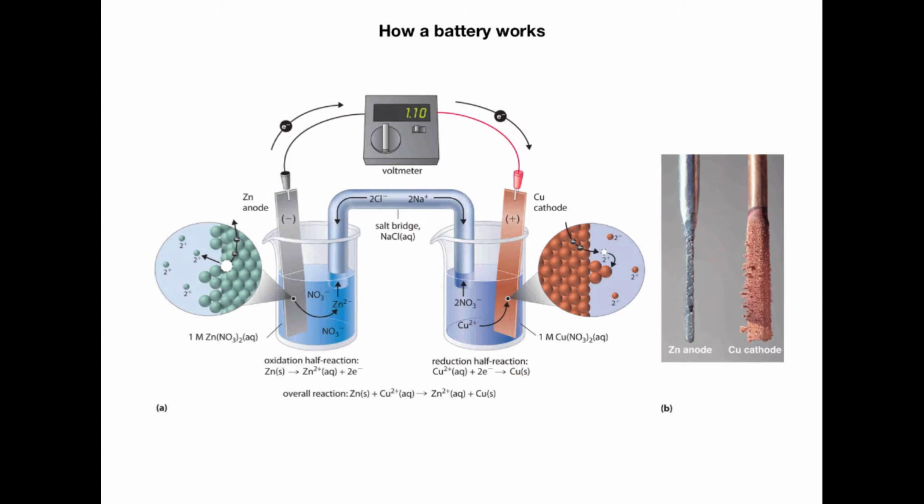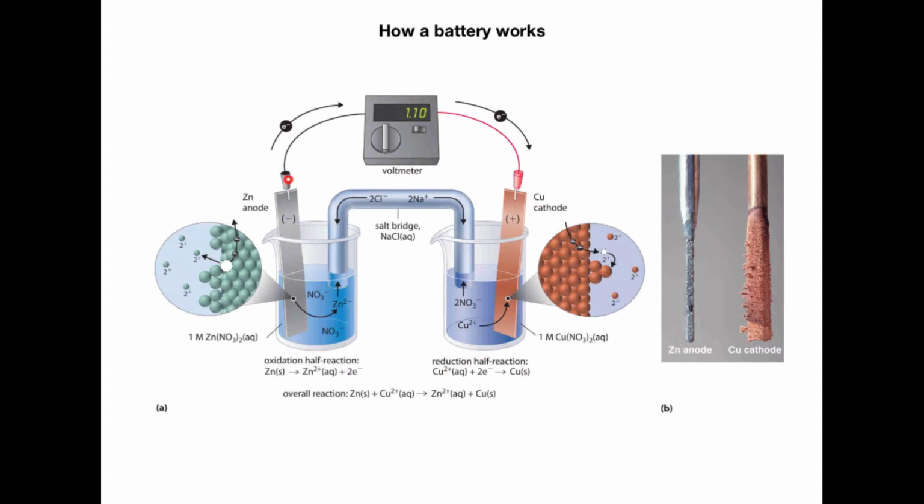Well, what we need to do is supply what's known as a salt bridge. So this salt bridge provides the necessary ions that will allow the electron transfer to happen, right? Zinc essentially wants to give up its electrons. Copper wants to collect them. And so that will happen through this wire that we've connected across those two different pieces of metal. Zinc being referred to as the anode, where oxidation happens, and copper being referred to as the cathode, where reduction